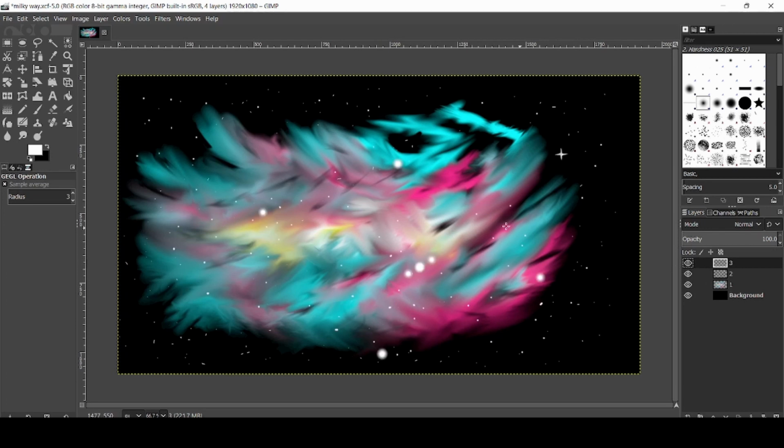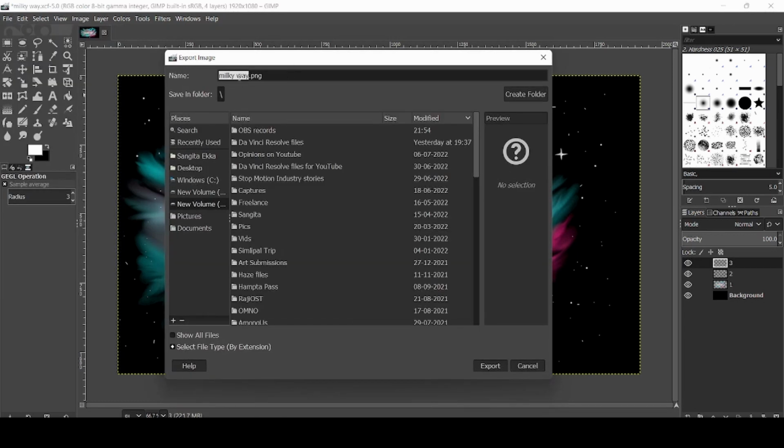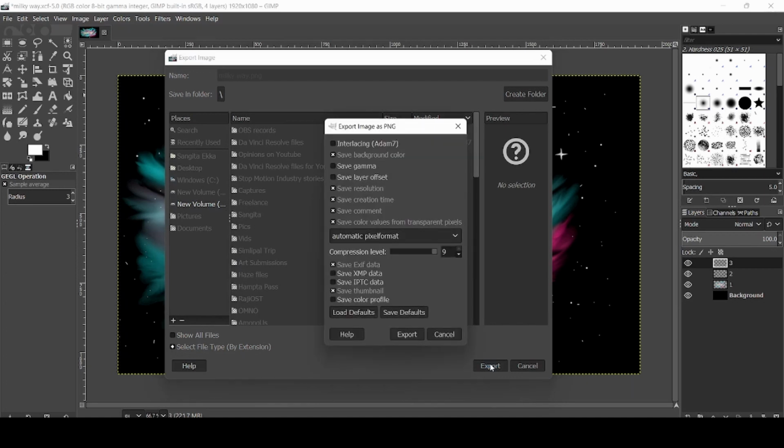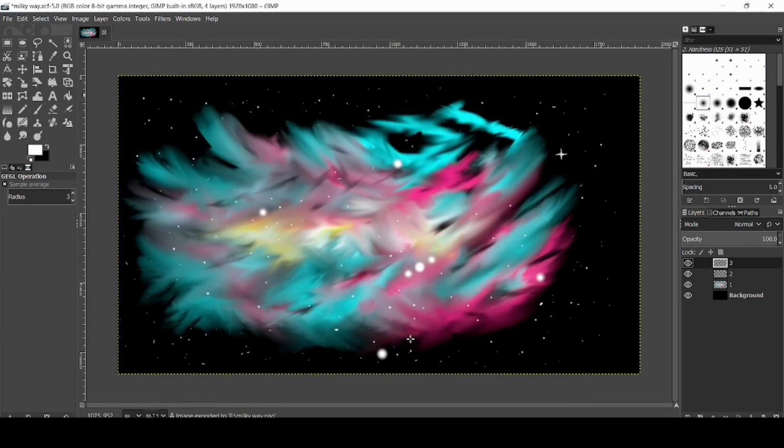So once you are happy with the painting that you have created, remember that we need to export files from GIMP. So you go to File, Export As, and we will keep it as Milky Way PNG, which typically should have been Orion, but that's okay. And then we export. So you need to just let the default values be and export the file. So now my Milky Way, or rather the Orion painting, is being saved in the E drive,